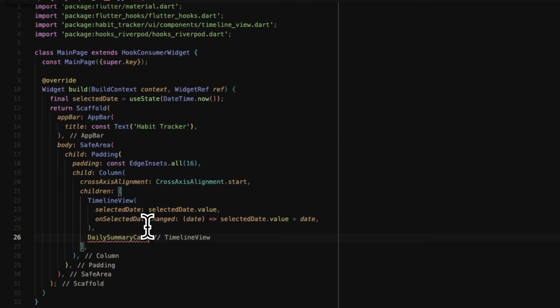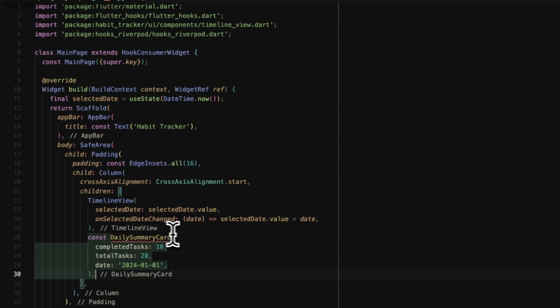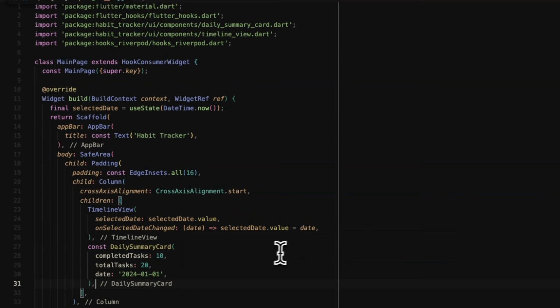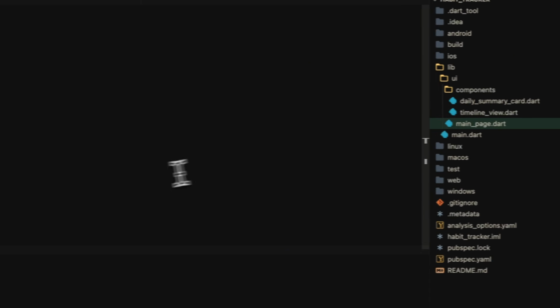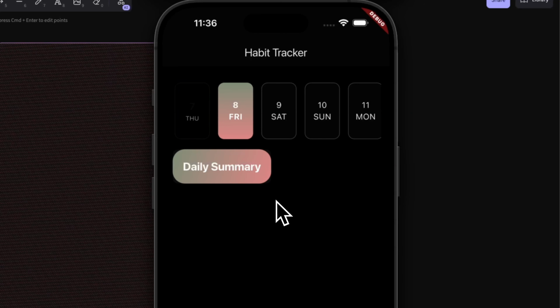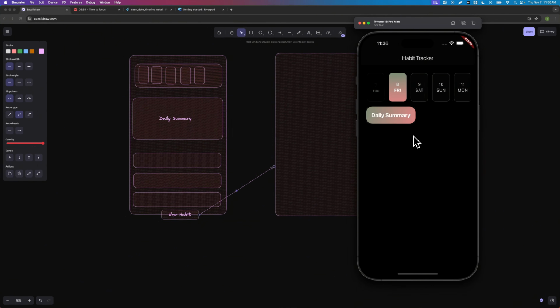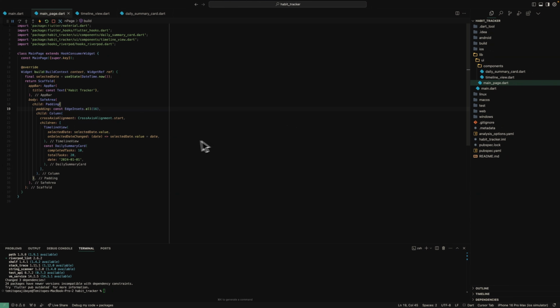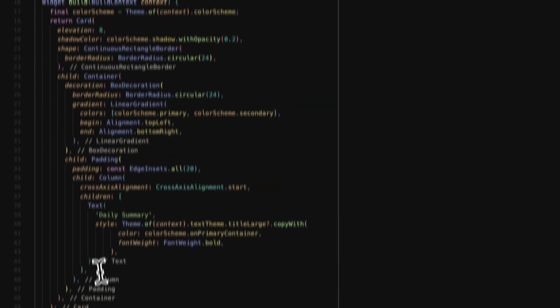Okay, here let's put it in the main page. So let's just have a quick something there. So how does it look? We have the daily summary card here. Oh, and we can always modify, but we are not done yet. Let's continue,